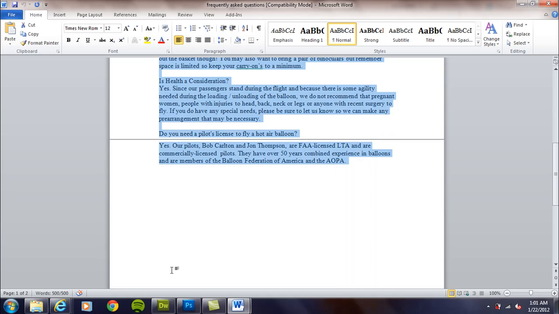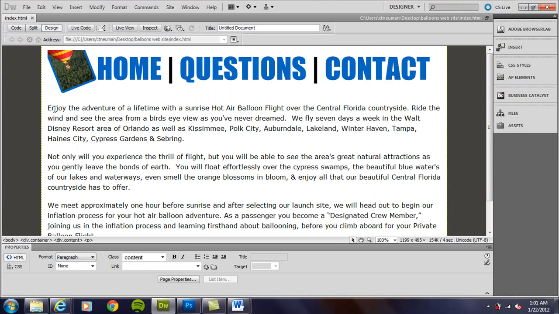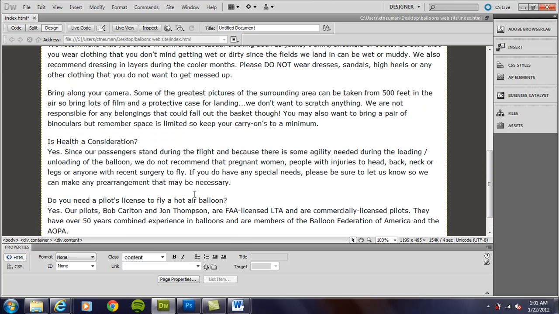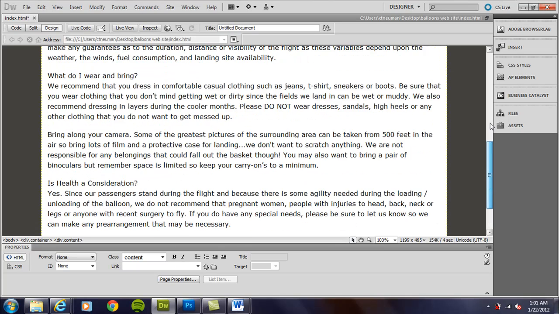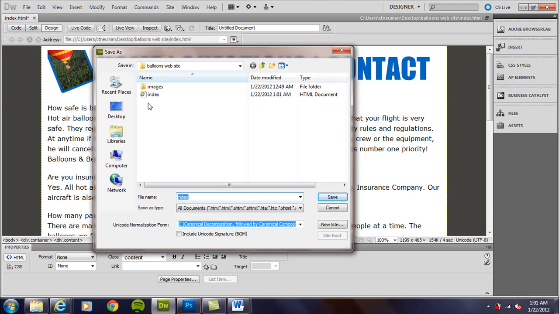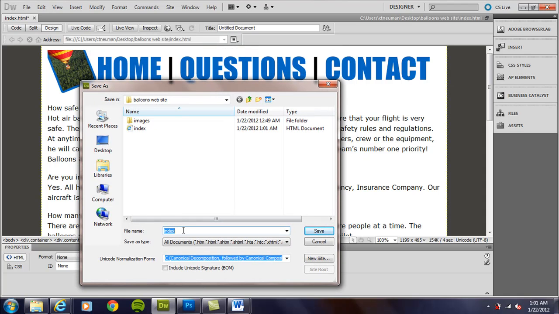Right click, copy, back to Dreamweaver. We're going to replace this text, and then you could bold the top of each question if you wanted, but for time's sake I'm just going to File, Save As. Be sure you do Save As, because if you just did Save, you'd save over your index, then your home page would have the content from the questions. Right? So name this questions.html,